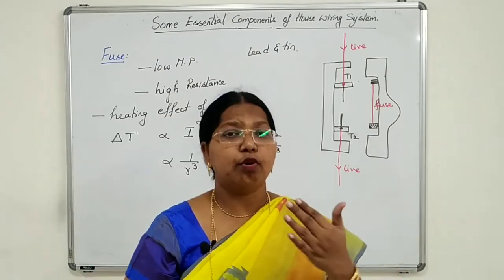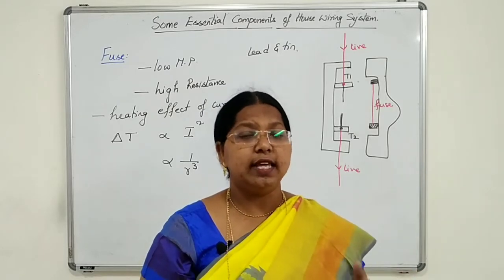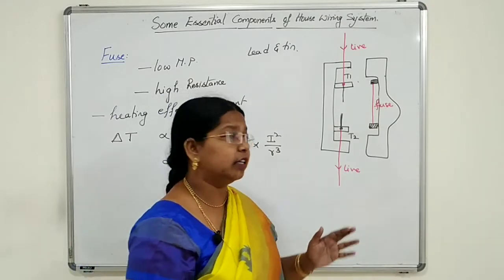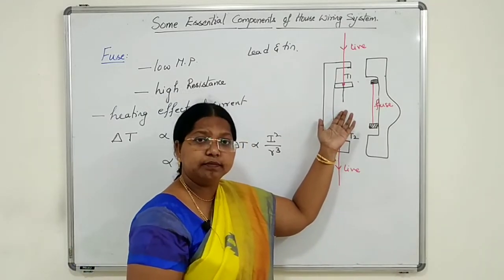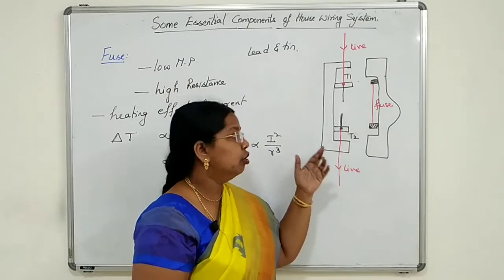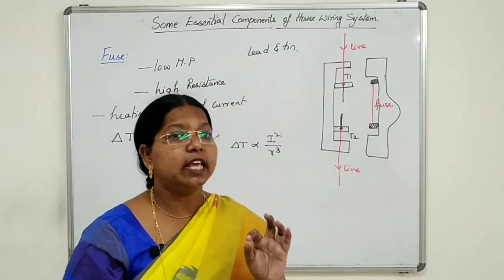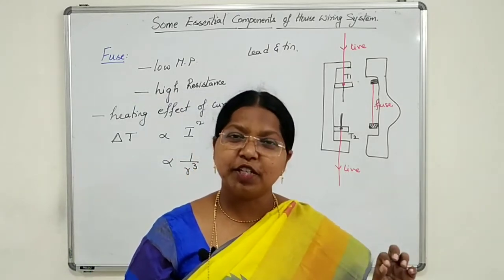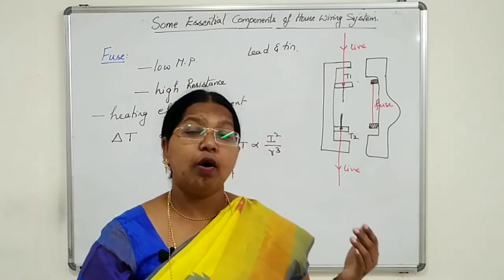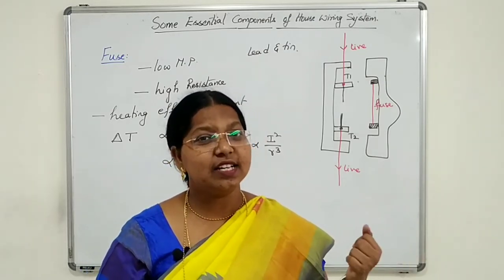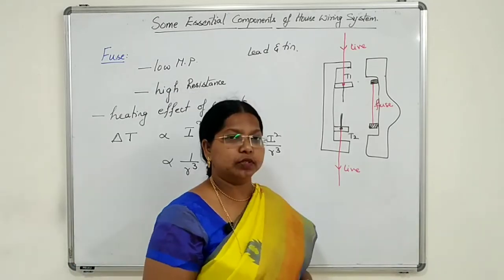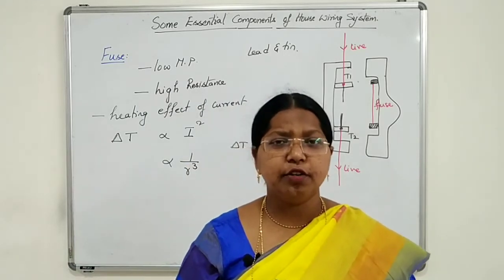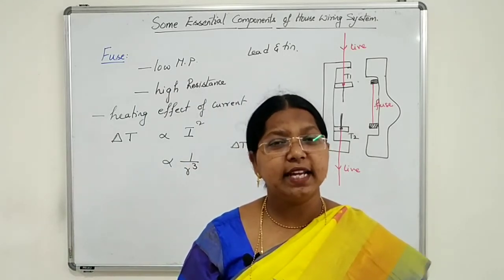If there is a short circuit or high voltage or fluctuations, the appliances will be safe, because there is no flow of that high current. It was already broken here. There is no connection, disconnected. So this fuse wire will safeguard your appliance and also your circuit from fluctuations, high voltage or short circuit. Clear, students? So this is what a fuse is about. Whenever there is some fluctuation or high voltage or short circuit, immediately this fuse wire will melt and break.